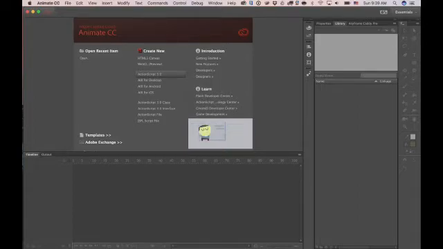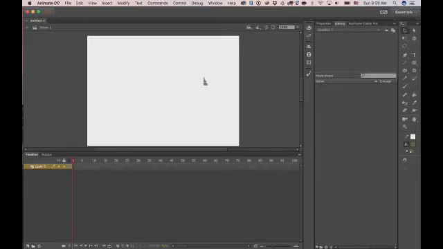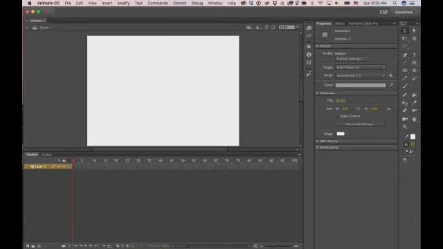As we know, animation involves a series of still images that are painted and that move with the help of different frames. So we'll learn how we can create a frame.